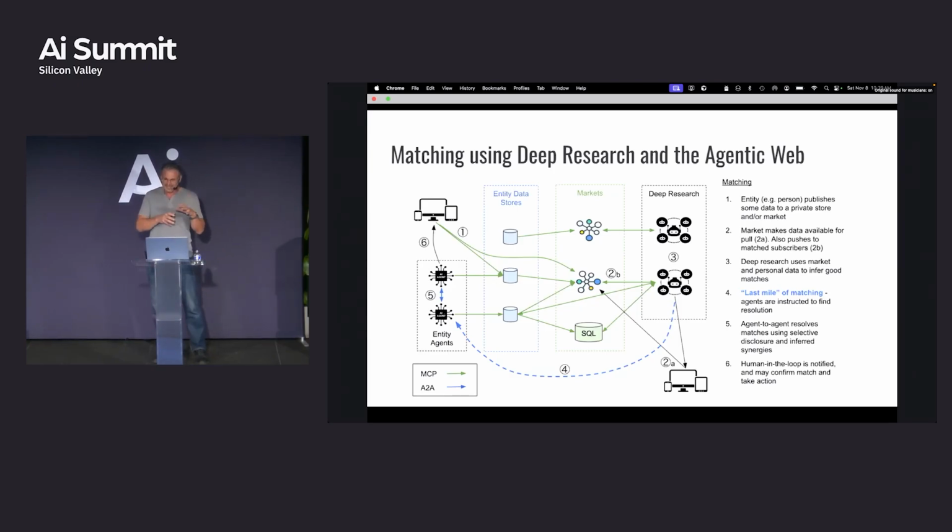And once that data is there and you want to then be matched in a market, you're going to push it over to different markets. There's not one market in the world. There's going to be hundreds of thousands of markets. And your system will decide what markets to put your data into. Once your data is in that market, then it facilitates that transaction we talked about before.